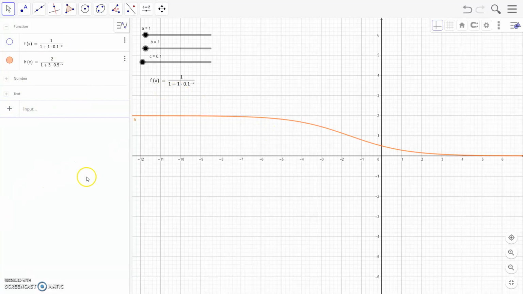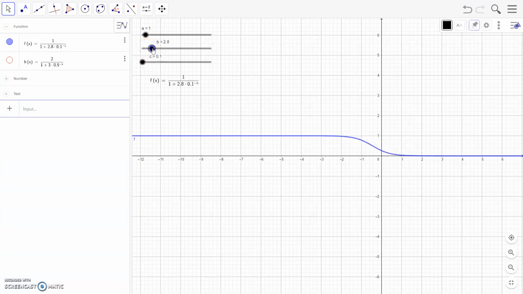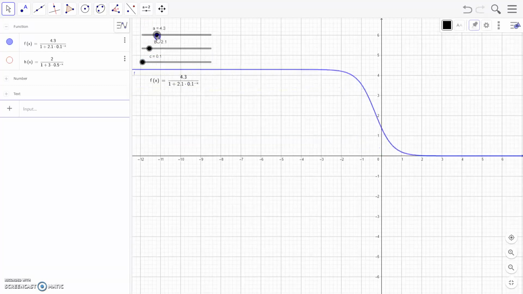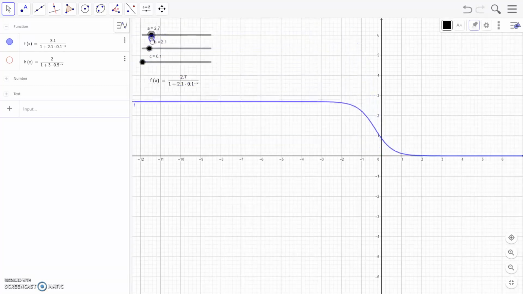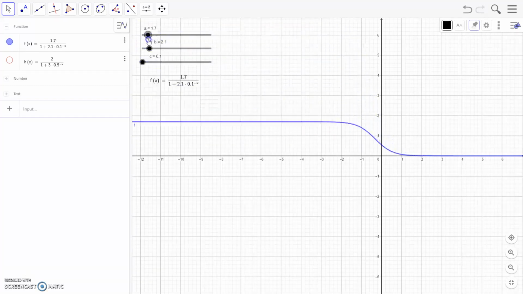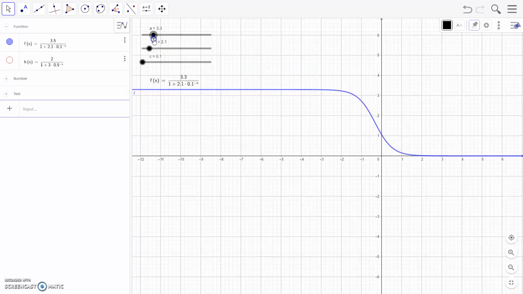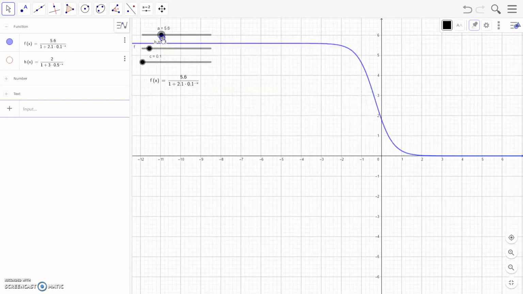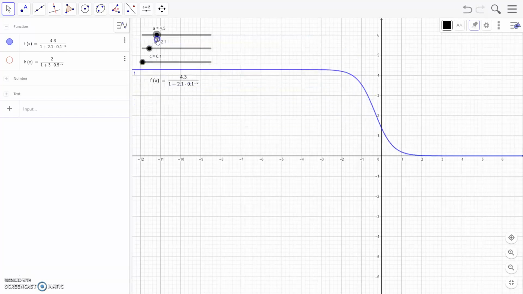And I can turn that off, turn that back on. And as we can see, even in the decay, the B value changes where on the x-axis, and the A value changes the horizontal asymptote. So our ceiling on our graph, the highest value it can possibly be,